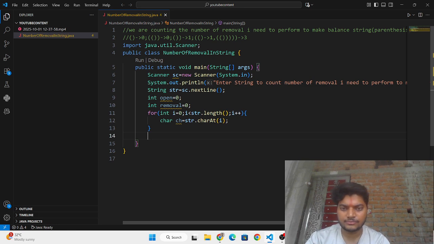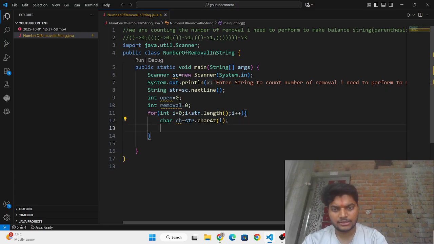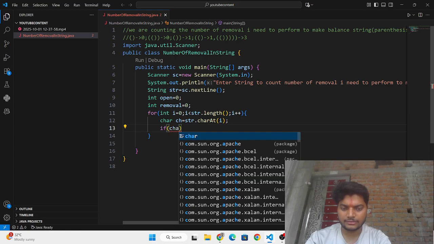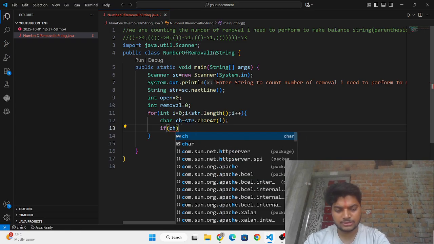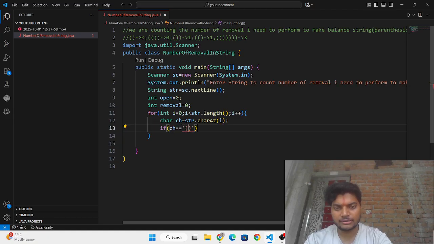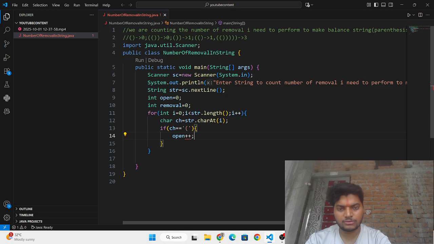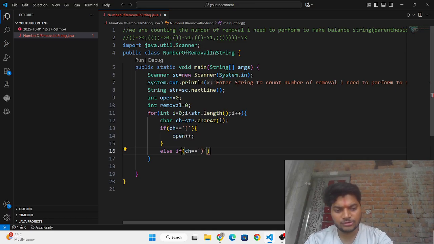And I need to write here: if ch is equal to the starting bracket, then you need to increase open by 1. And else if ch is equal to the closing bracket, then you need to first check whether there is an open bracket.